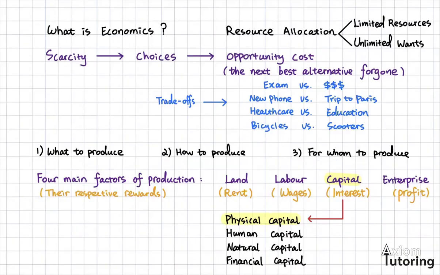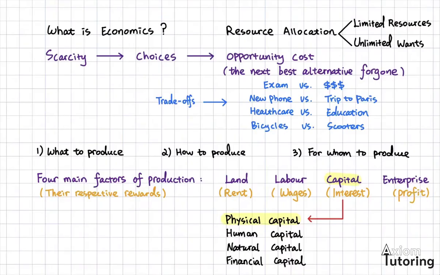To produce anything, whether a physical good or an intangible service, we need resources, or what economists call factors of production, or factors in short. There are four main factors: land, labor, capital, and enterprise. Landowners earn rent. Labor, who put their mental and physical effort into work, earn wages and salaries. Capital owners earn interest, while entrepreneurs with risk-taking spirits earn profit.